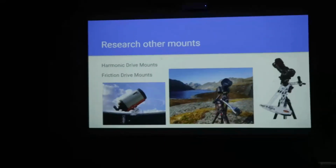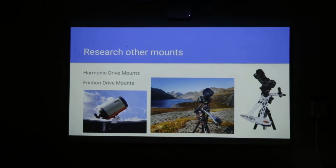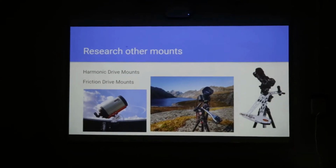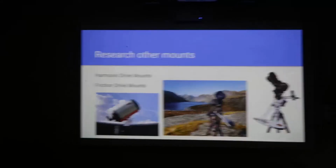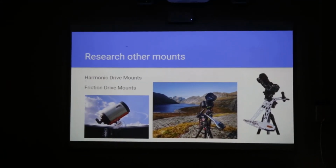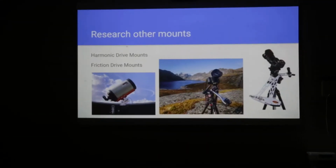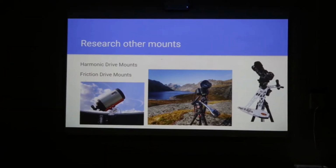So I was researching mounts constantly, and there were a bunch of other really powerful mounts that had good payload capacity and quite good accuracy. And there were these harmonic drive mounts that came out of Korea, like Rainbow Astro. They basically use robotics, essentially the robotic systems for manufacturing cars. So very high torque motors, they don't need to be counterbalanced, they don't need any counterweights. It's pretty cool, but they're about $20,000,